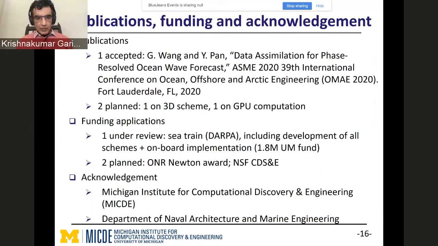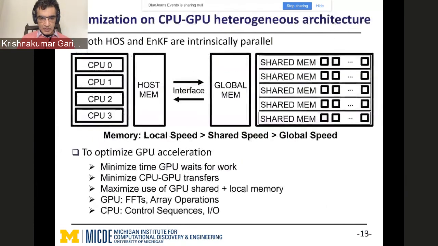Maybe as before, I can start out with the question, and maybe others will show up in the chat box. One thing that's not immediately clear to me is, as you're assimilating data, what parameters or fields in your computation are you updating? Because I guess you either have some priors for parameters and you're updating those, or maybe the solution itself is what you're updating as you're correcting.